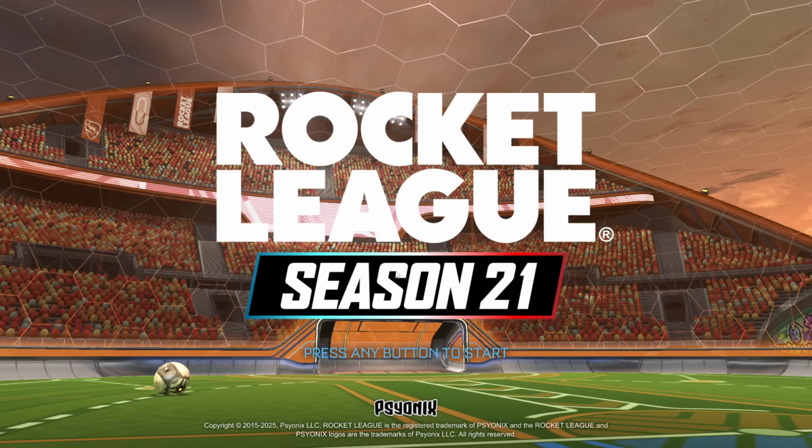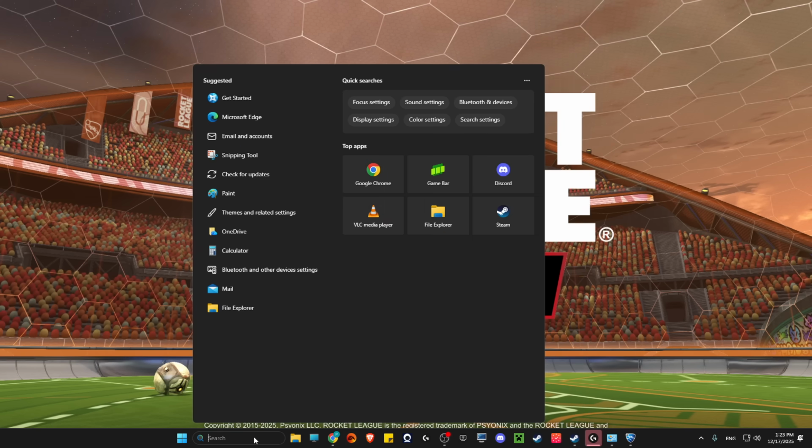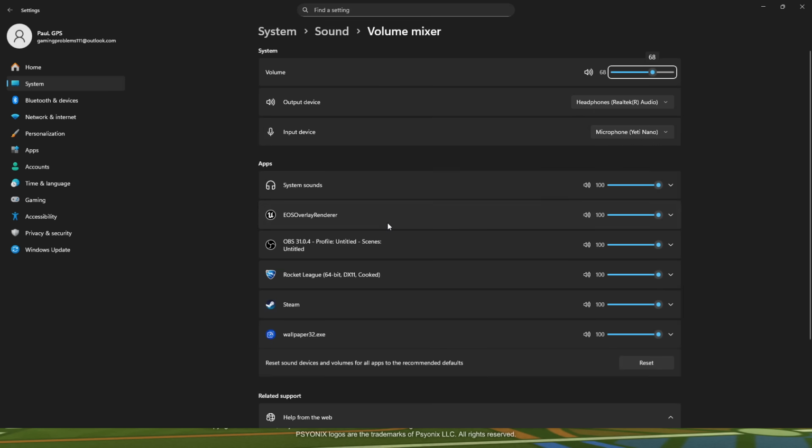Guys, if you're stuck on this window here and you're pressing buttons on this window that says press any button to start and nothing's working, that's how you can fix it. So first, what I suggest you to do here is to press Windows key here and then go to sound mixer options,